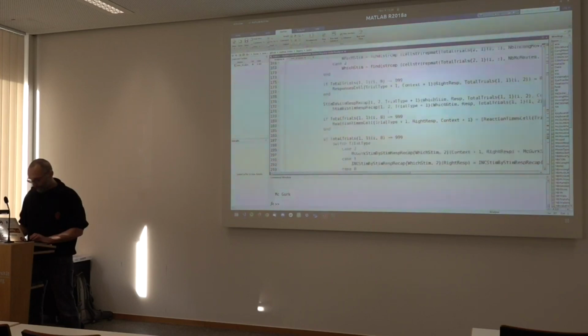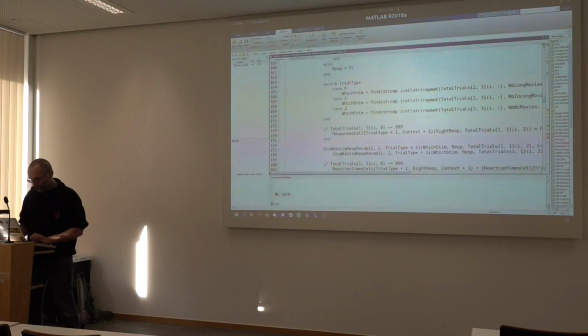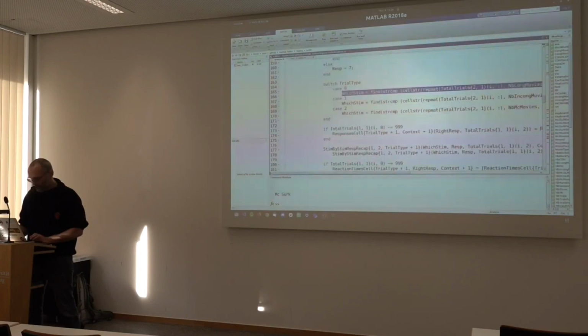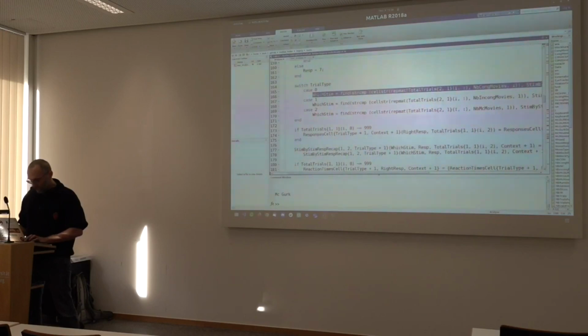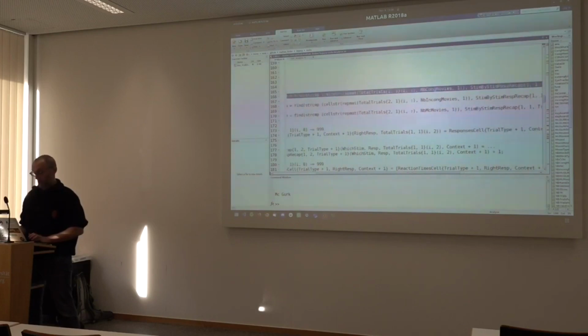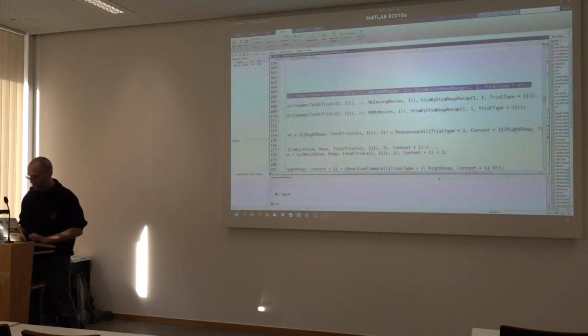Here, for example, especially because it's a very long line, so let's try to rewrite this. Here, if the trial type is something, we try to identify which stimulus we used. I don't know, apparently this is what this code says.